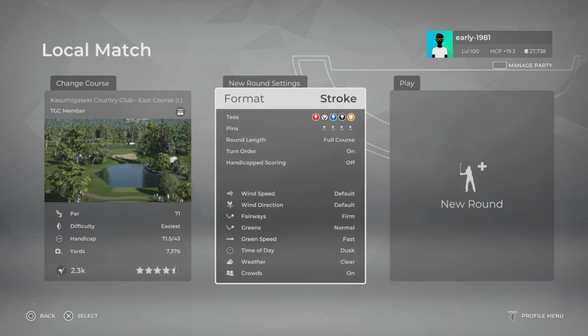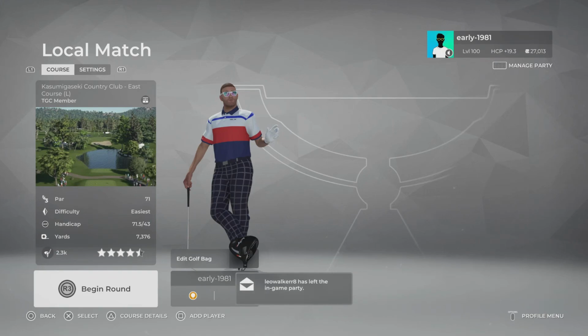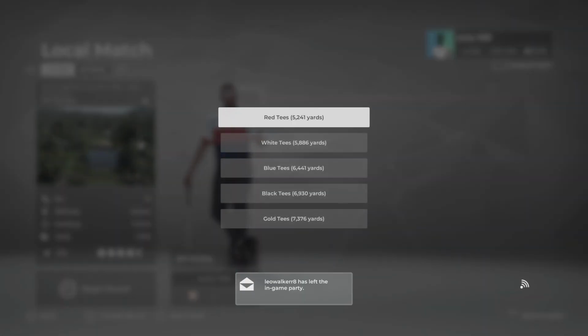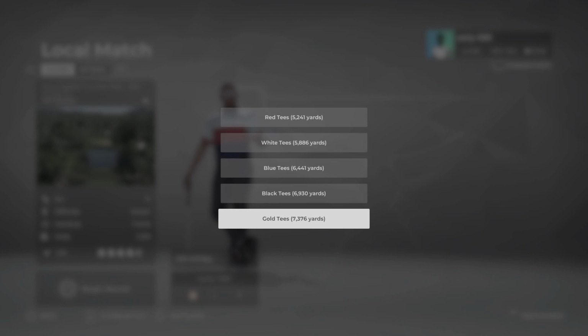As always, we will be leaving everything at default. Fairways are firm, greens are normal, green speed is fast, time of day is dusk and the weather is clear. So let's check out the tee options. We will be playing from pin set number 1. I am representing Great Britain for this round, guys, so I hope you like my outfit. We do have 5 tee options. We are going to be swinging from the gold tees, which are playing